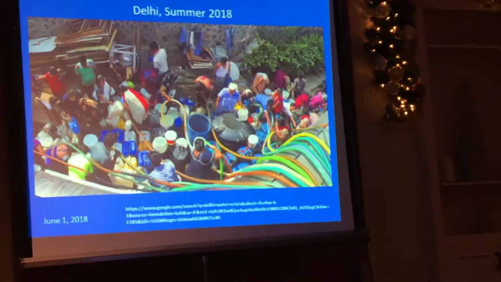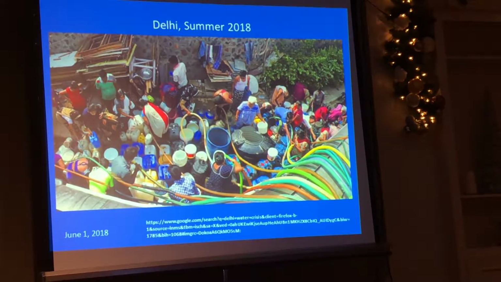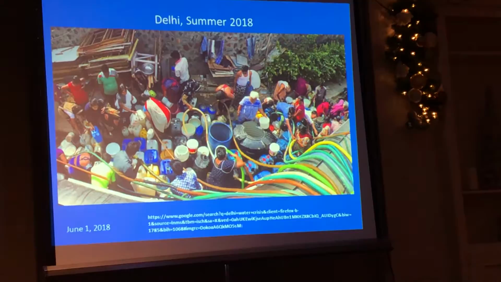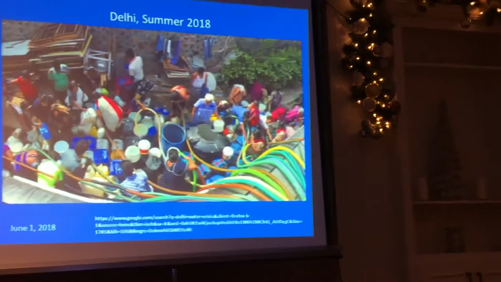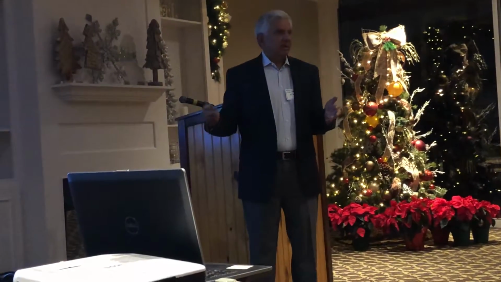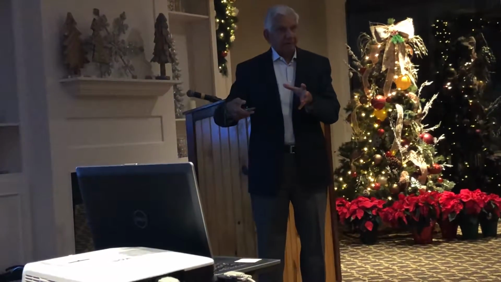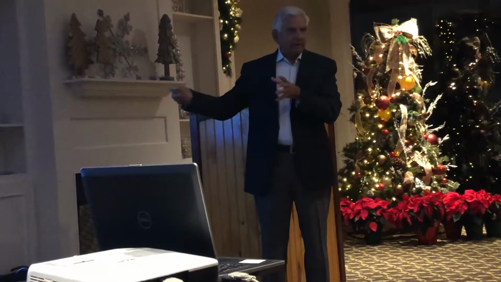So this was in Delhi this last summer. And now the press refers to water mafia. And about 8 months ago, people in the outskirts, some of you have been to Delhi, Noida, which is where all the big multinationals have their beautiful offices, people have bought $750,000 to $1 million apartments, but they cannot get water there on a 24-hour basis.